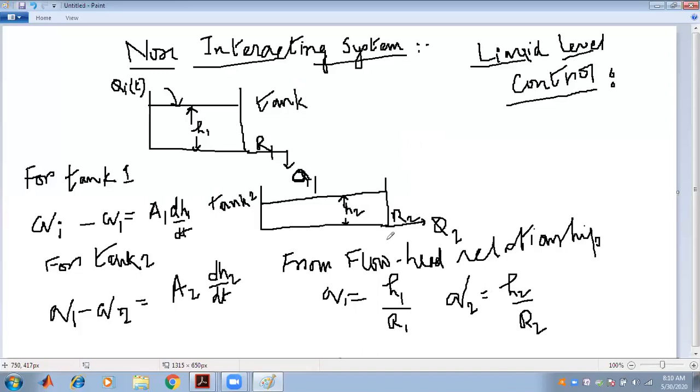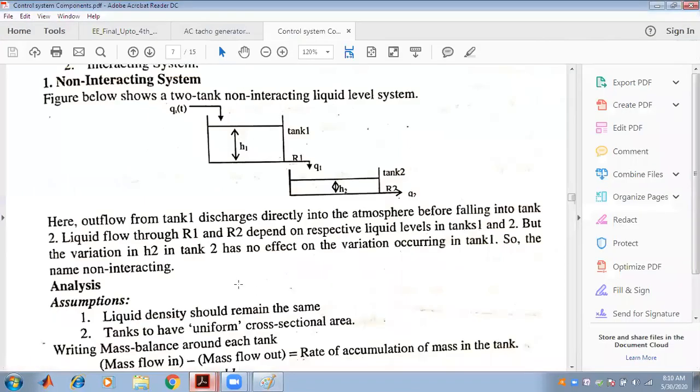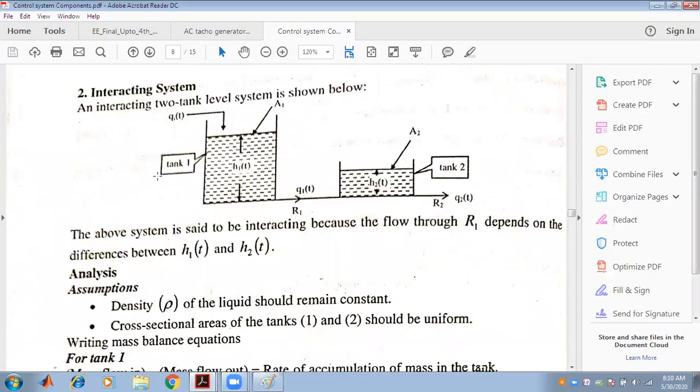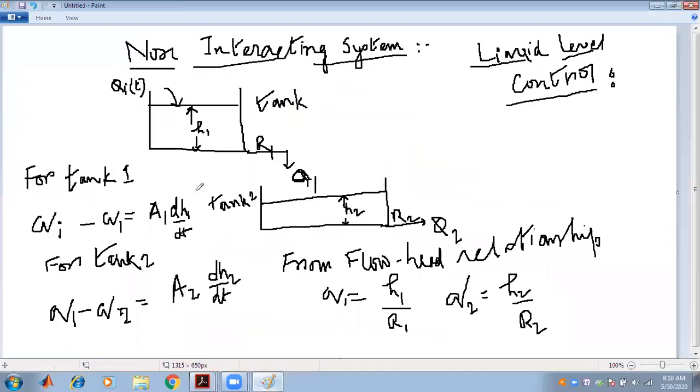Now, our second part is the interacting system. The two tank levels are shown in the figure, with the input Qi in the tank 1, and then the tank 2. The above system is said to be interacting because the flow through the R1 depends on the level in tank 2. Again I am repeating,